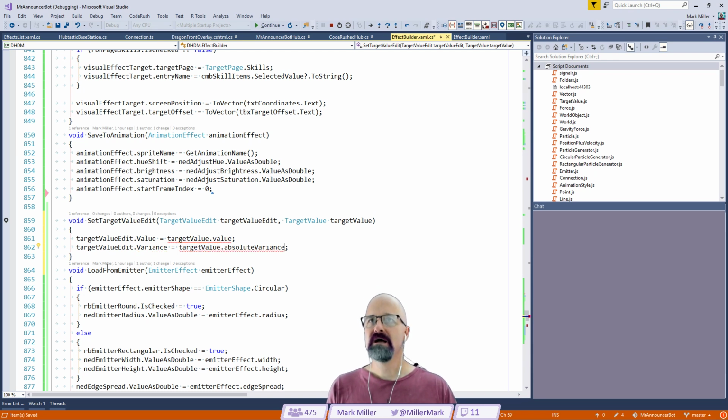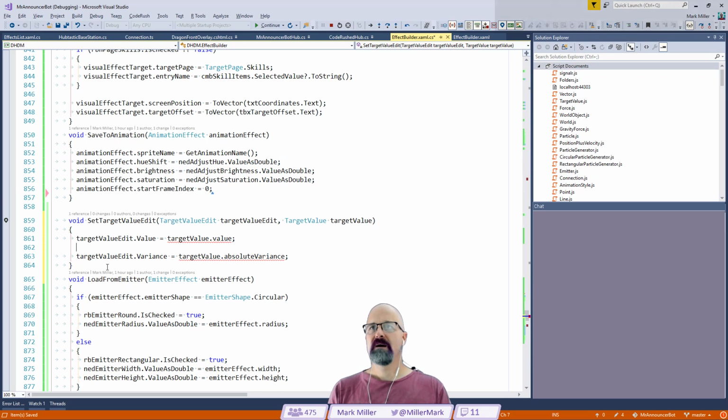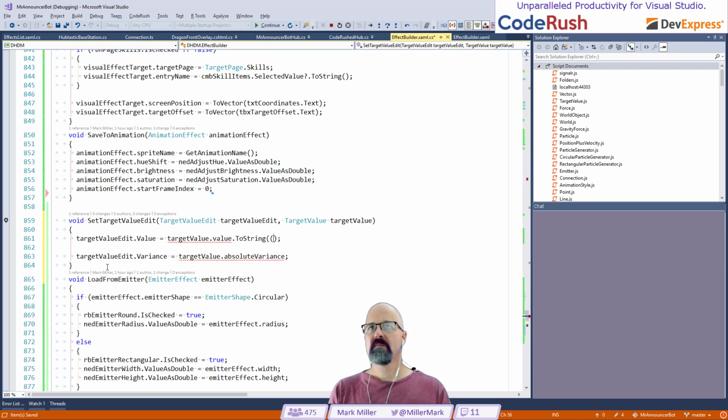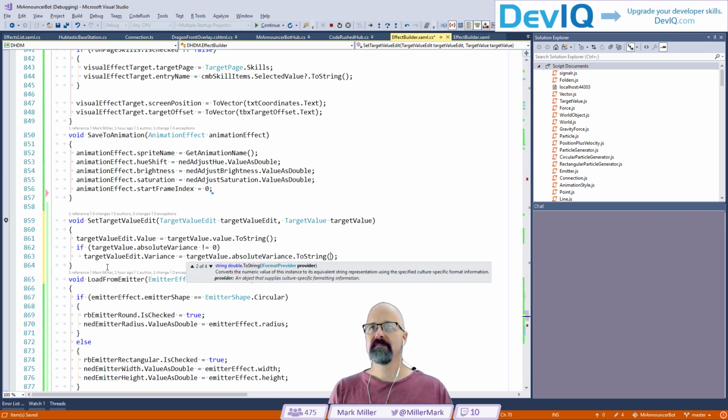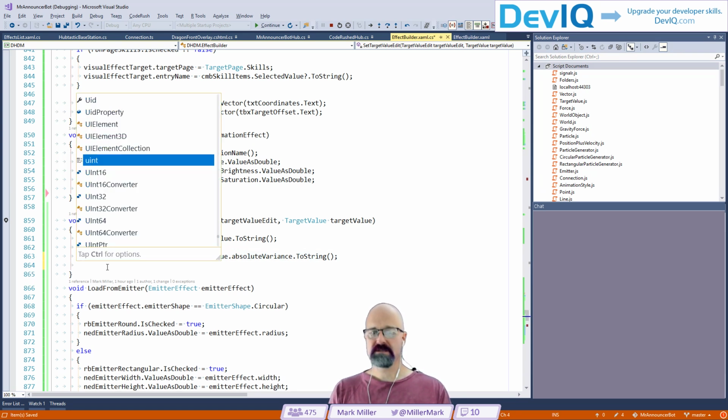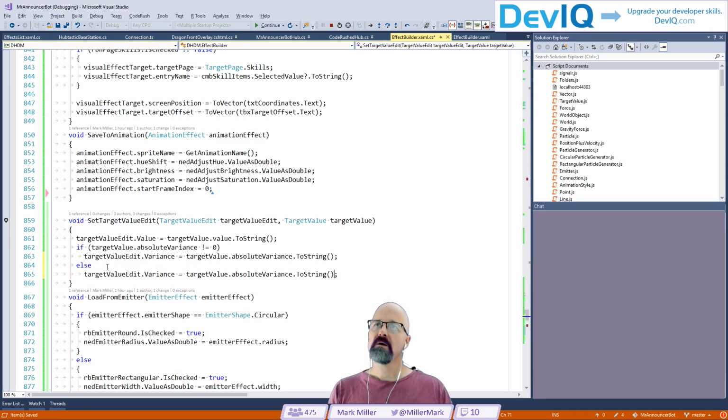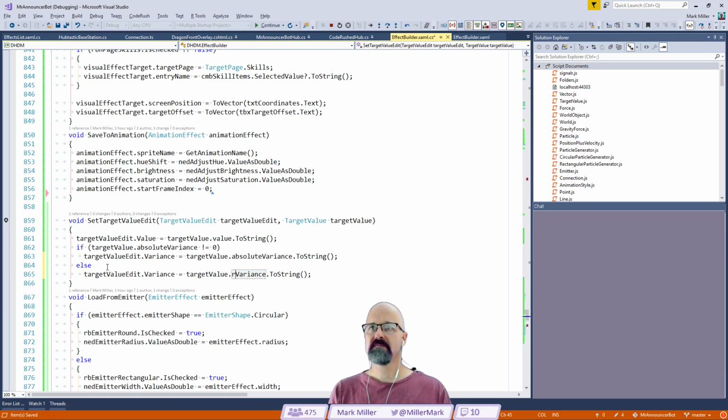Oh, gotcha. Okay, so I think it goes like this. If absolute variance is not equal to 0, then we're going to set the variance equal to the absolute variance dot ToString, like that. Otherwise, we're going to set the variance to the relative variance, and